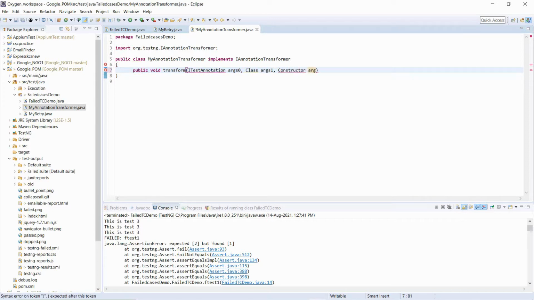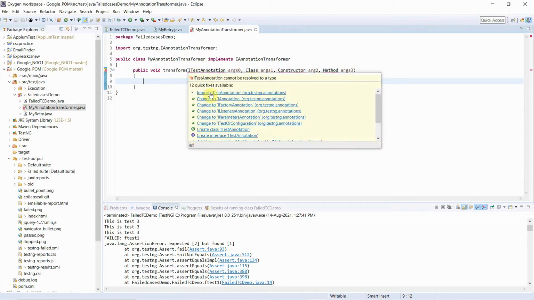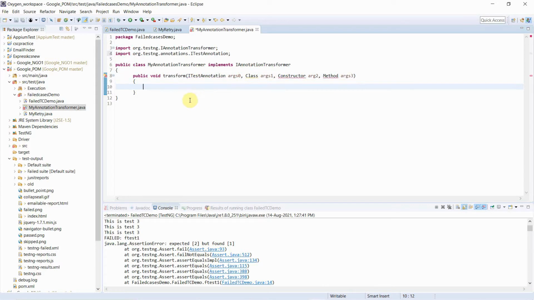I am typing this, not just explaining it, because the interviewer may ask you to write the code. So this is only a one-time activity, but you must know how to write it. You have to import this one from TestNG.